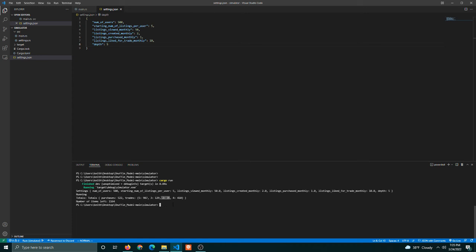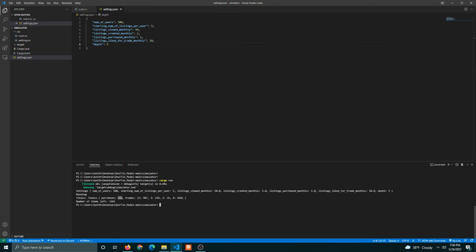And then if there's nothing, it will move on to the next day or go into the further depths. So here there are 35 2-person trades in the month, 129 3-person trades, 410 4-person trades, and then a whopping 987 5-person trades. Altogether, you can see that there are many more trades than there are purchases,